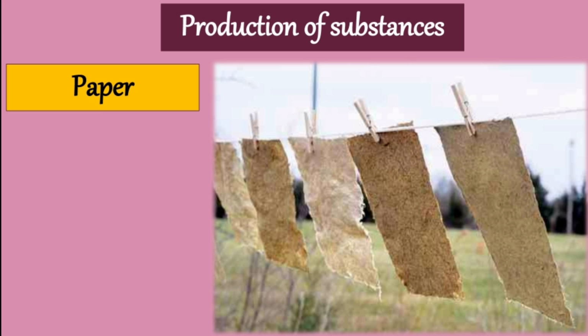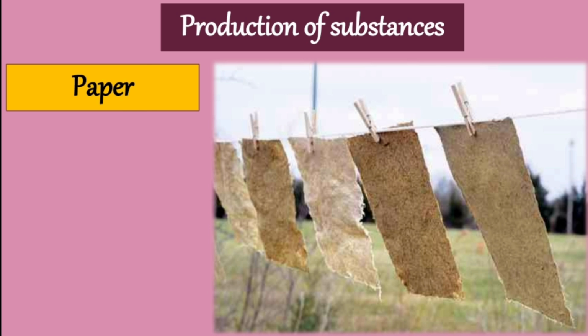So firstly, it is made from grass, wood or rags, that is waste paper. Basically, paper is a substance or material which is formed due to the intertwining of cellulose fibers. There are cellulose fibers in grass, right? And in wood, rags or waste paper. Thus paper is a kind of network of cellulose fibers. What is paper? It is a kind of network of cellulose fibers. There are fibers which are intertwined and from which the paper is made.